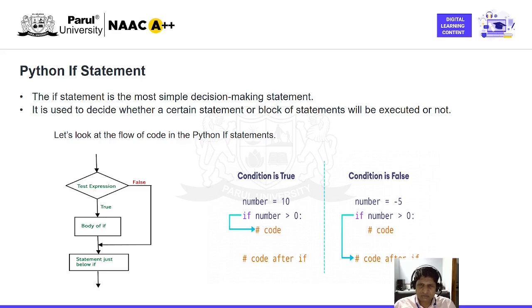Can you tell me anyone? Comparison operator is also known as conditional operator, because the operators are used for making a condition. Sir, how do we make a test expression? With the help of conditional operator, with the help of comparison operator, we create or prepare a test expression. The system checks if the given expression is true, then enters into the